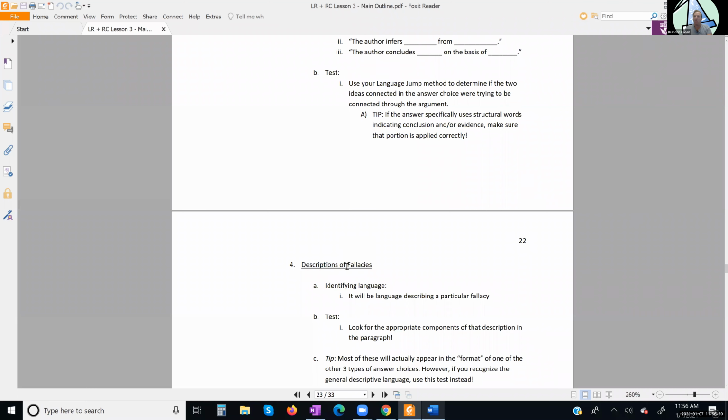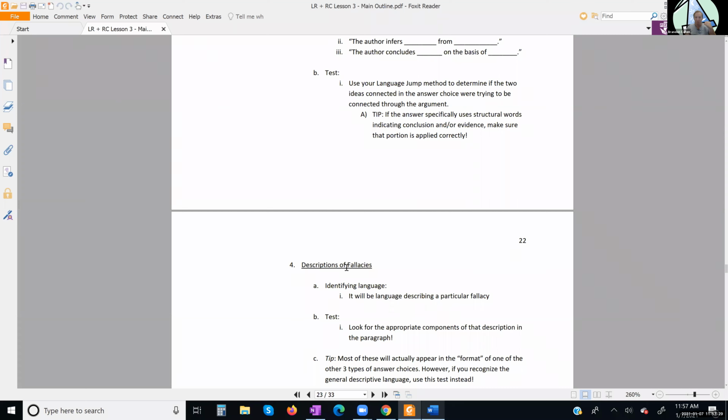Some answers are going to use generic terminology to describe some very cookie cutter fallacies. When I use the term cookie cutter, I don't mean easy. I mean they fit a mold of particular issues. Some of these cookie cutter issues are very hard to catch and are very rare. So it's not going to be easy. It's just that it fits a particular mold. So they're going to use certain generic language, and really it's going to rely on your ability to understand what that generic language is describing to best answer this question.